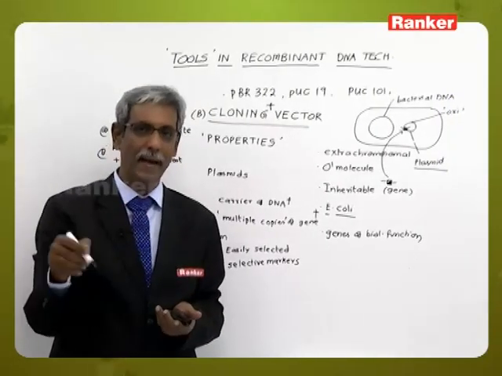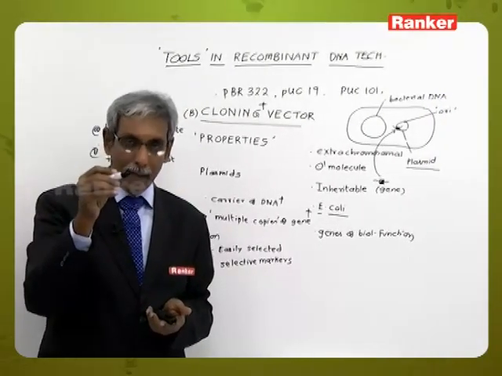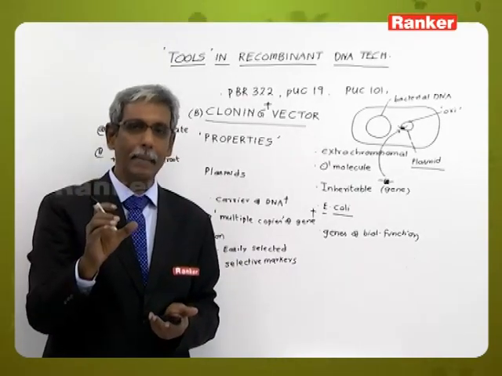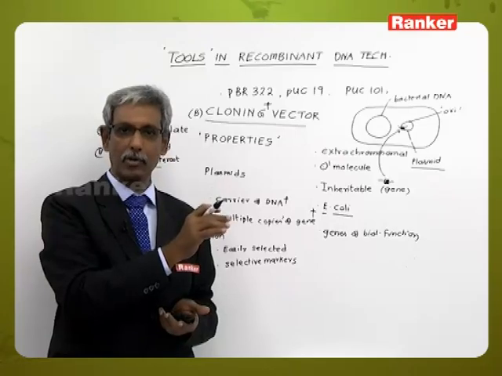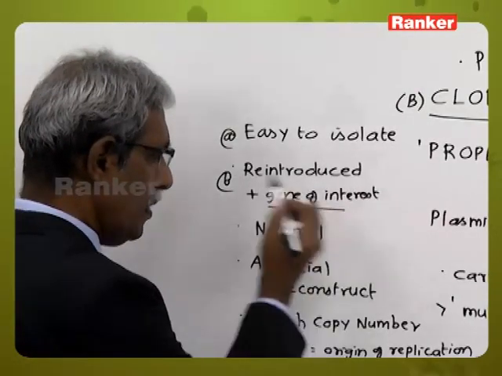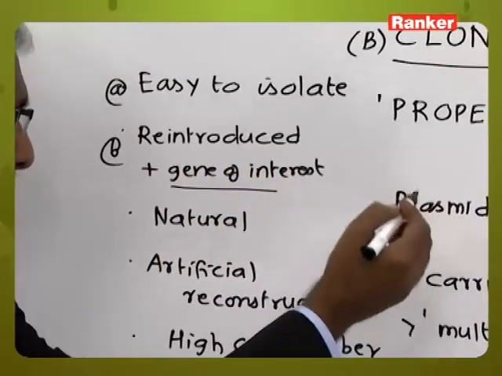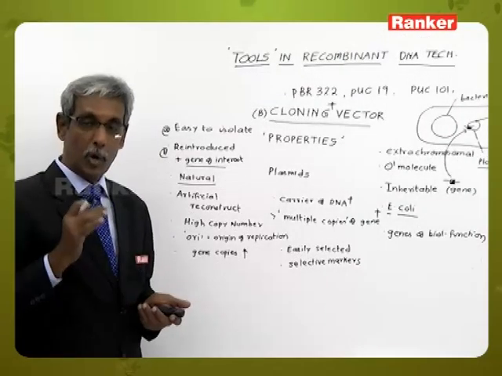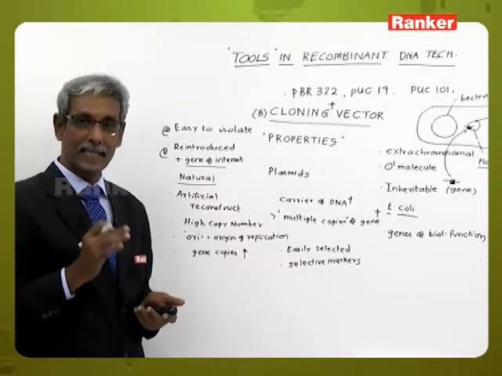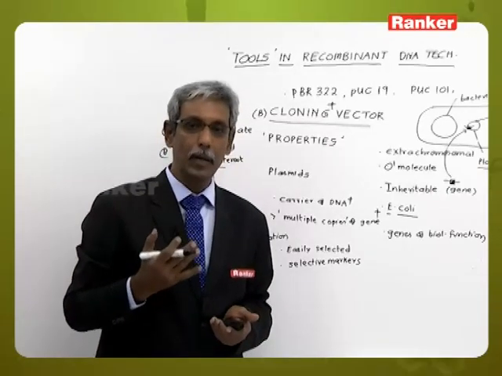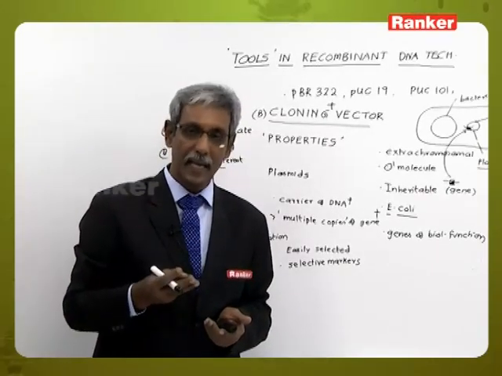It is just like a bangle, and you can cut the bangle, put your gene of interest into the bangle, and again take the bangle and load it back into the bacteria. So you will be able to reintroduce the gene of interest. And when you take a plasmid, the plasmid can occur naturally in the bacteria. It is normally present in every bacterial cell. So plasmids are a big boon in biotechnology because of their natural